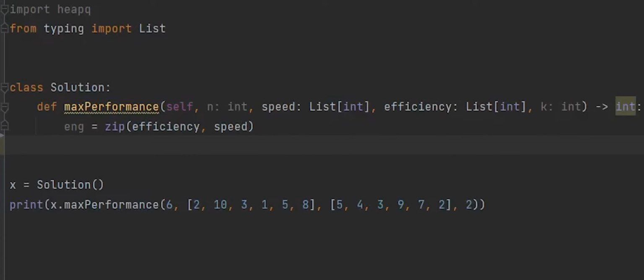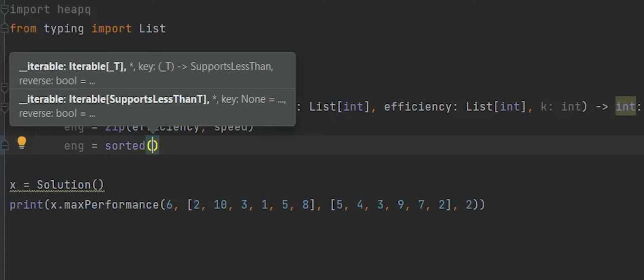And then we sort the set. So engineer equal to sorted engineer